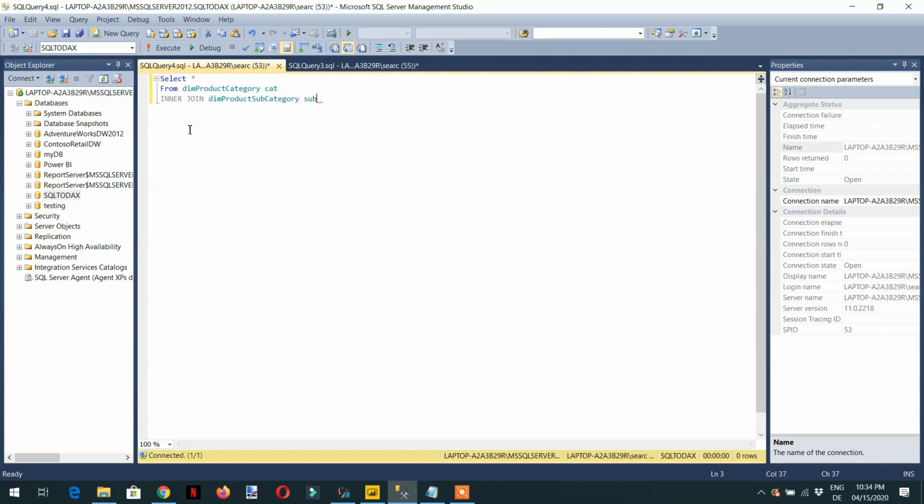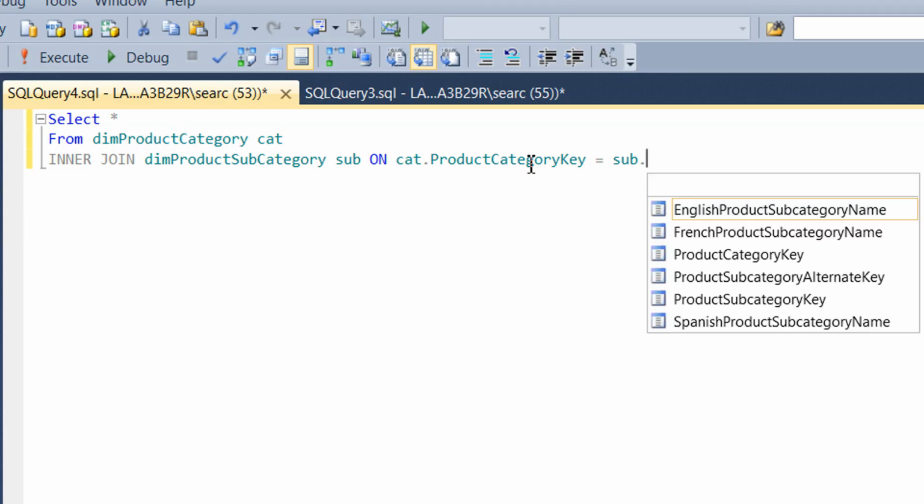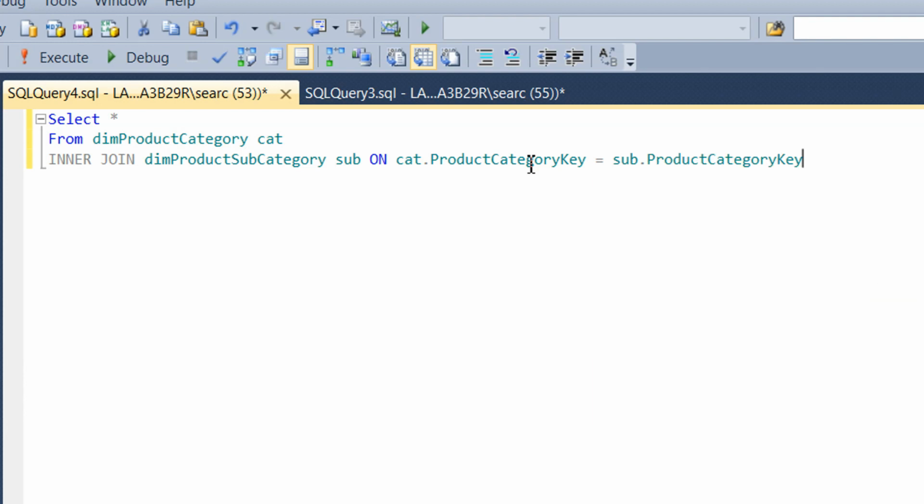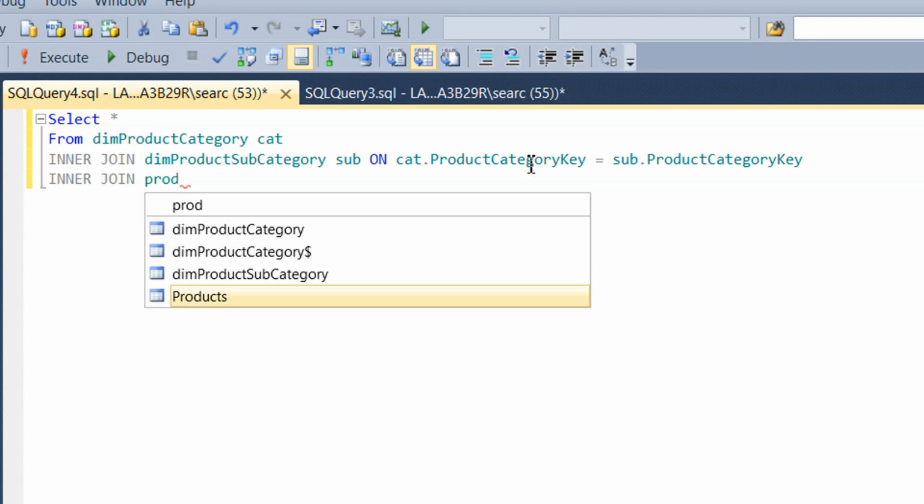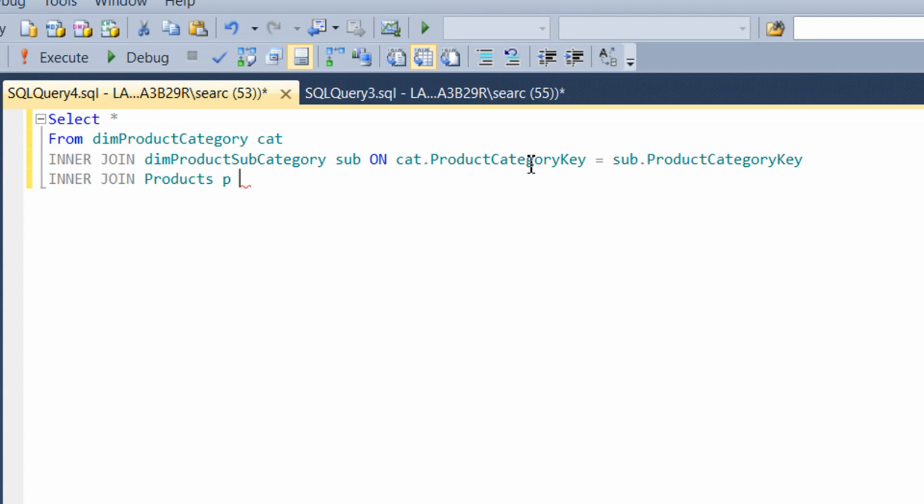This is sub, on cat dot product category key is equal to sub dot product category key. Then again we have inner join products, it is P, on